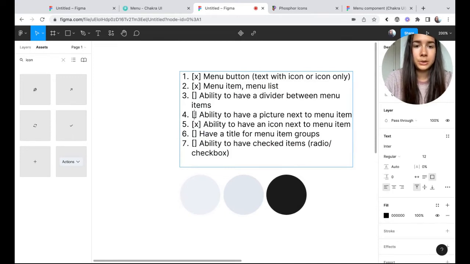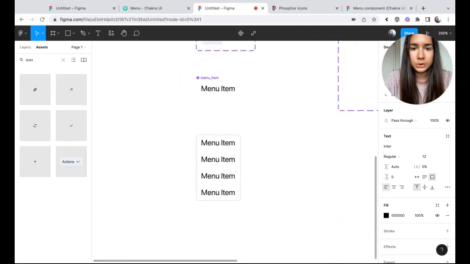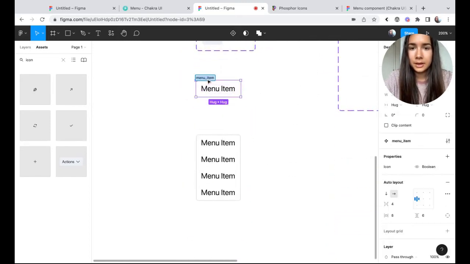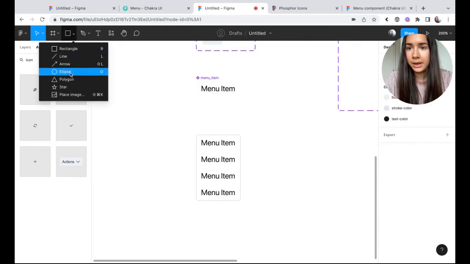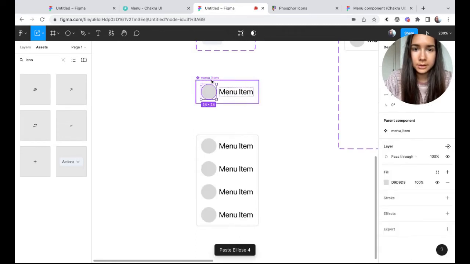And the next one, we're going to add a picture, which is going to be the same principle as with the icon. First we'll create this ellipse layer. And I think 24 by 24 is good.